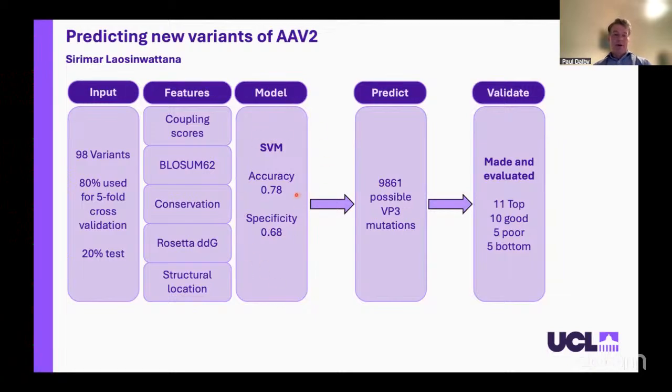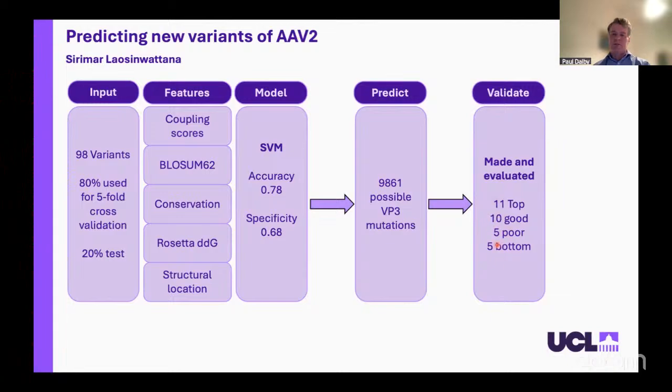To take that further, we could then use that model to predict all possible other single point mutations in VP3, and from that rank them in terms of whether they were likely to be good or bad, essentially. So keeping it simple, and then picking out a set of predicted mutations that could have been good. What she actually did was pick the top 11, I think it was the top 10 good, but one we already had was in there,